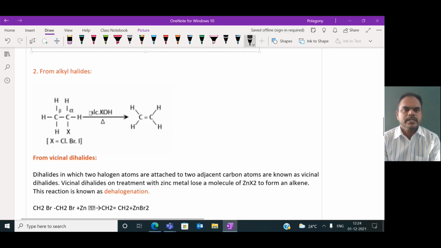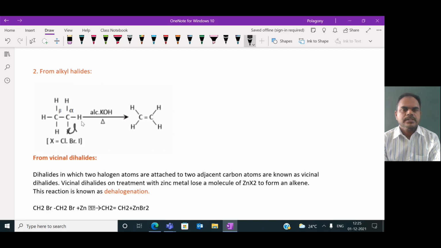Here the molecule taken is chloroethane. X is the chlorine here. In general, X is the halogen. It may be chlorine, it may be bromine, it may be iodine. So when